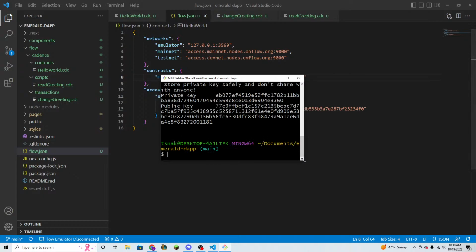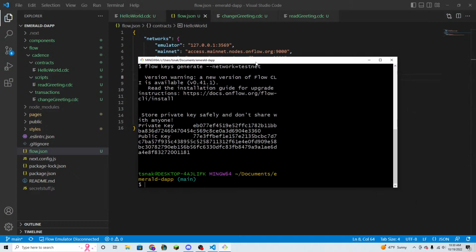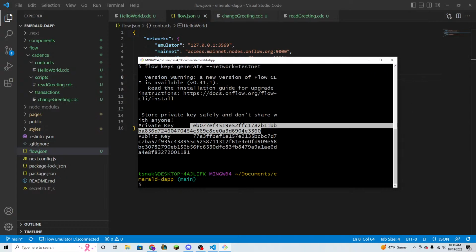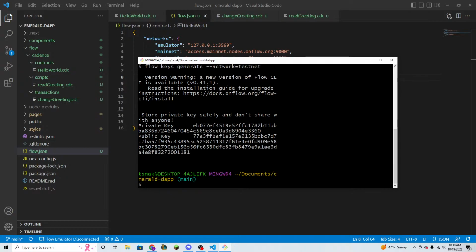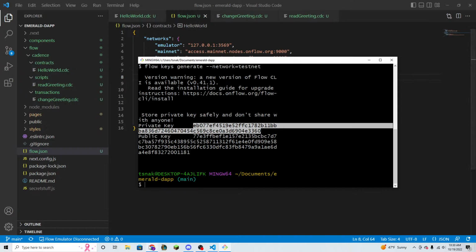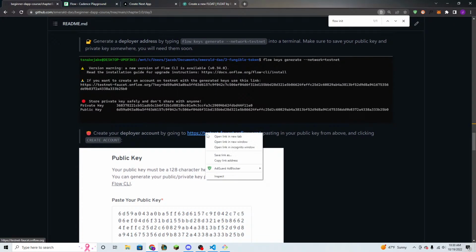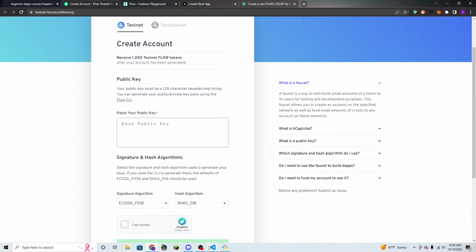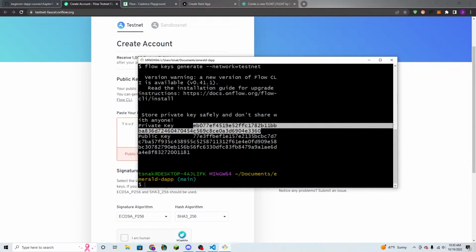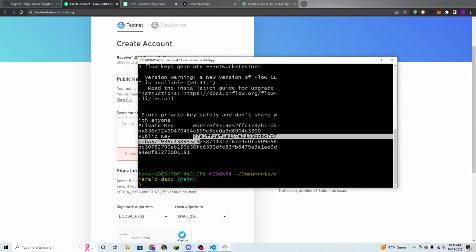And this will generate some keys for us. I'm going to make this a little bigger. You can see we have a private key here, and we also have a public key. The private key, of course, this is on testnet, so it doesn't really matter, but don't share that with people if you don't want them to mess with your stuff. And we can go to the Flow testnet faucet, which will create an account for us with the keys that we just generated. So if we copy this public key here,